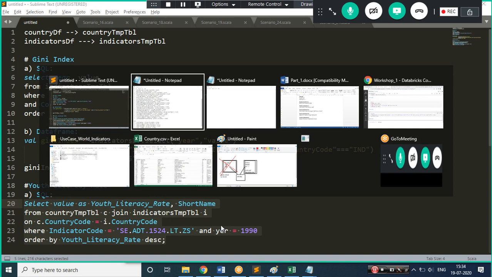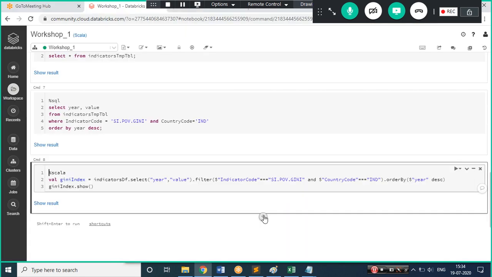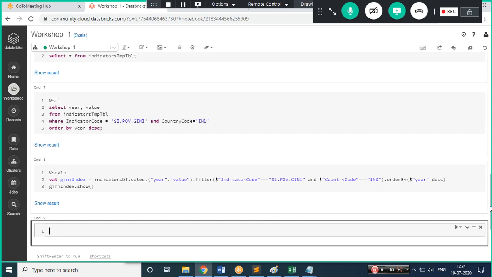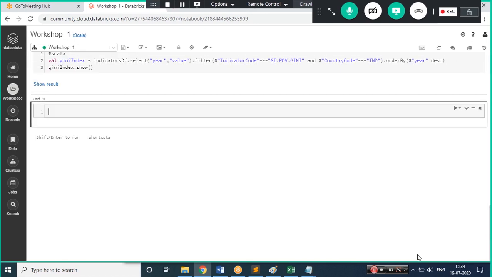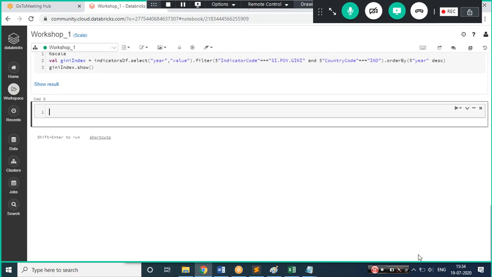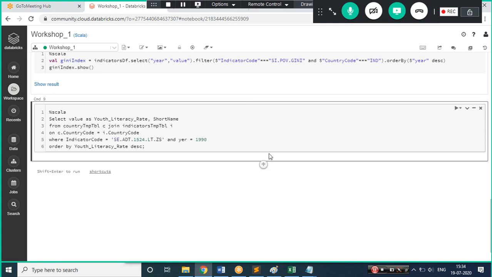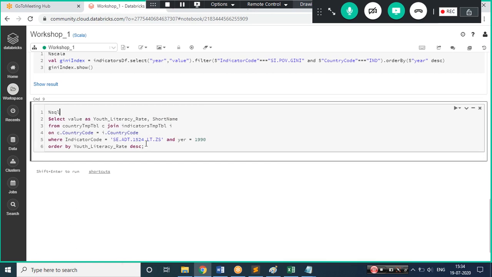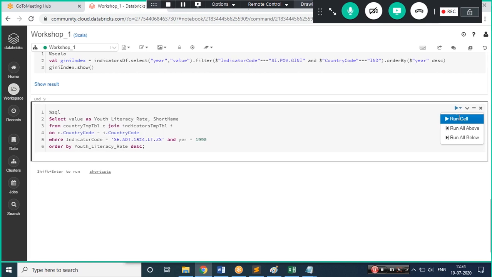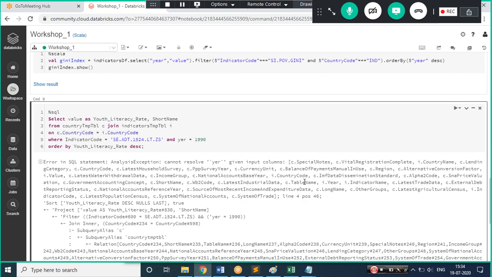And let me go to my cluster. Here it's my cluster, and let's add a new cell at the bottom. Okay, so let's drag it down and let's go with percent scala, and let me hit this. Sorry, yes, it should have been SQL. See, now it's not recognized, so I need to switch to percent SQL. Now can you see the markings are being done? So let me execute this and see if I found any issues. Yeah, there are certain issues, so let's see what those issues are.